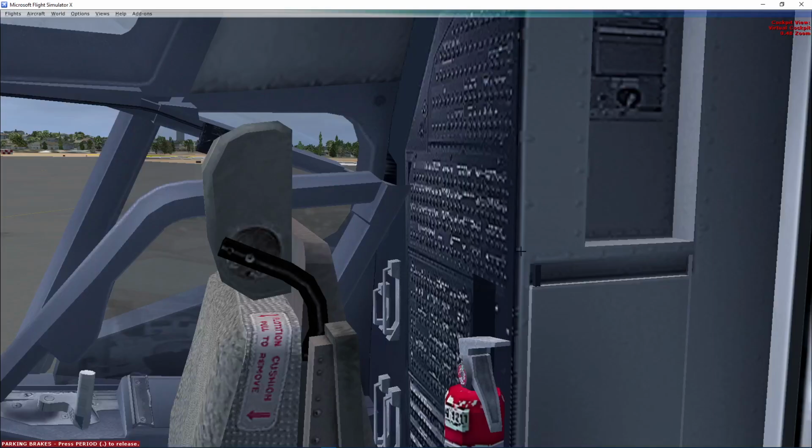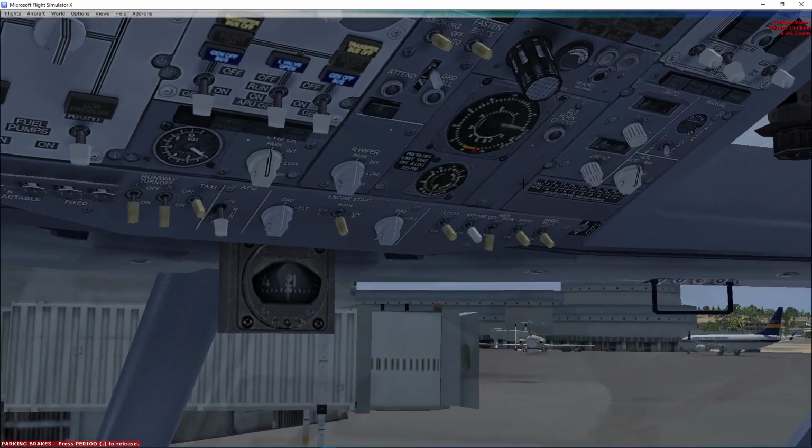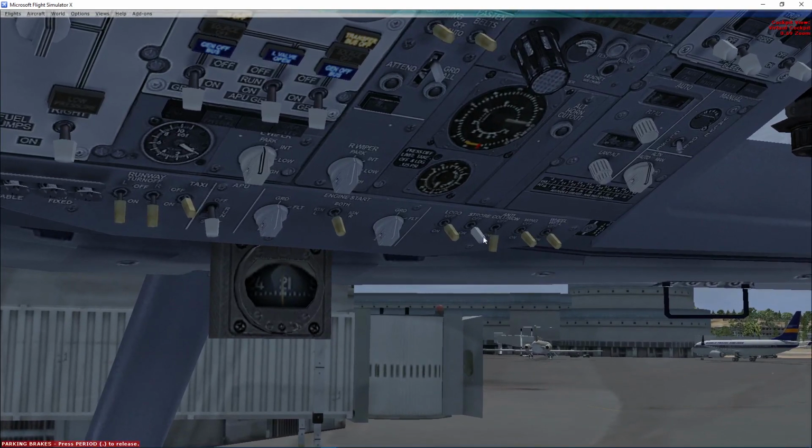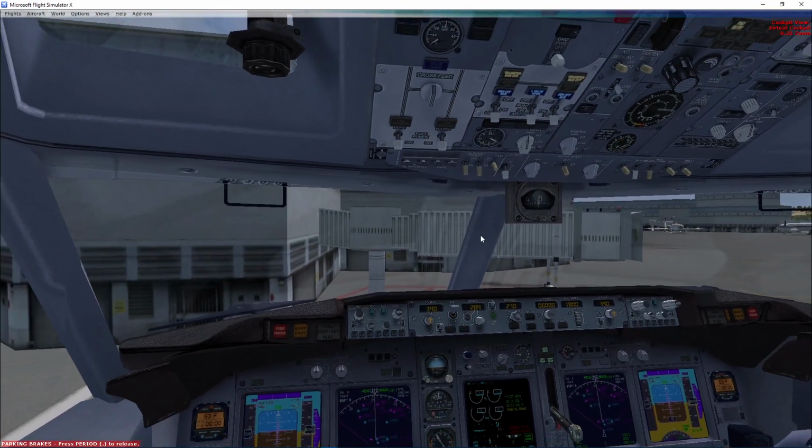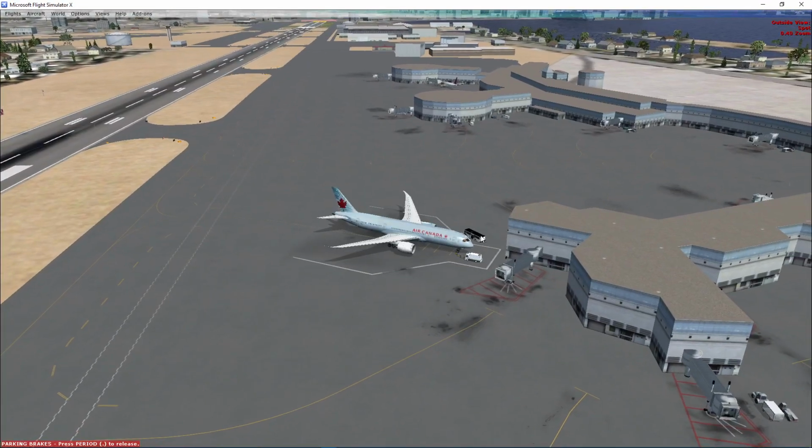Over here. Get our strobe light going. We're gonna start. Got collisions are on. Go back and get our